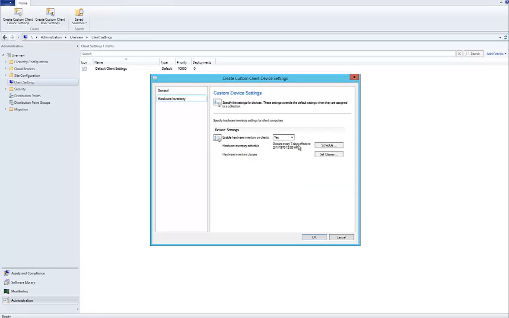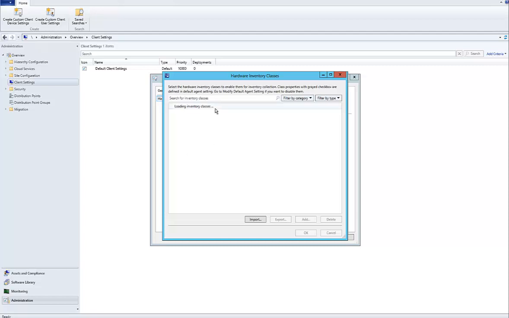So with our hardware inventory selected here, we click the Set Classes button. And this allows us to add different hardware inventory classes, and we can select ones that already exist. So as you can see here, it's loading up what it can currently see. And once we get this information, we'll be able to check off various pieces. You can also see down here that we have the option to import. So for our MOF file, what we're going to end up doing is importing that content into the environment because